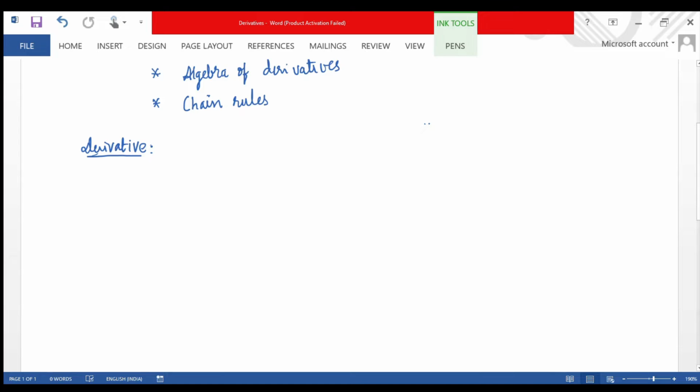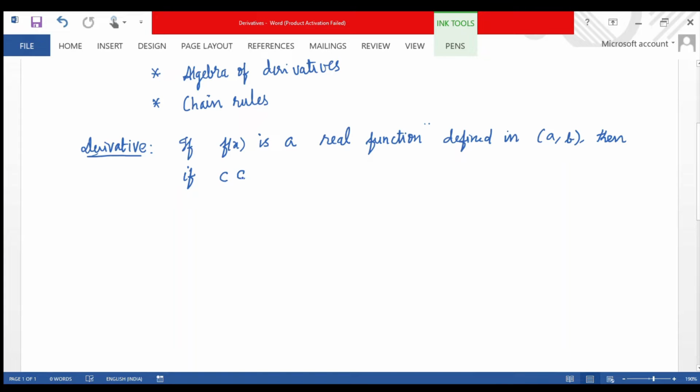The process of finding the differentiation is called derivative, and if f of x is a real valued function that takes only real values, or we can simply call it a real function defined in the interval a comma b, then if c is a point in the interval a comma b, we say f is differentiable at c,